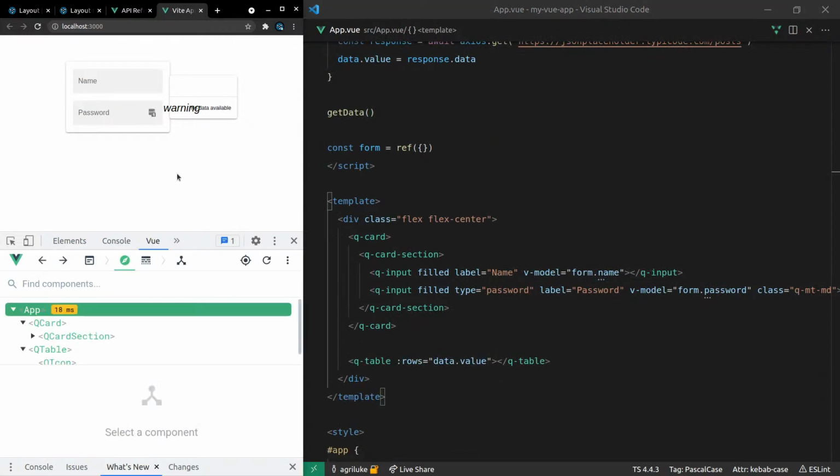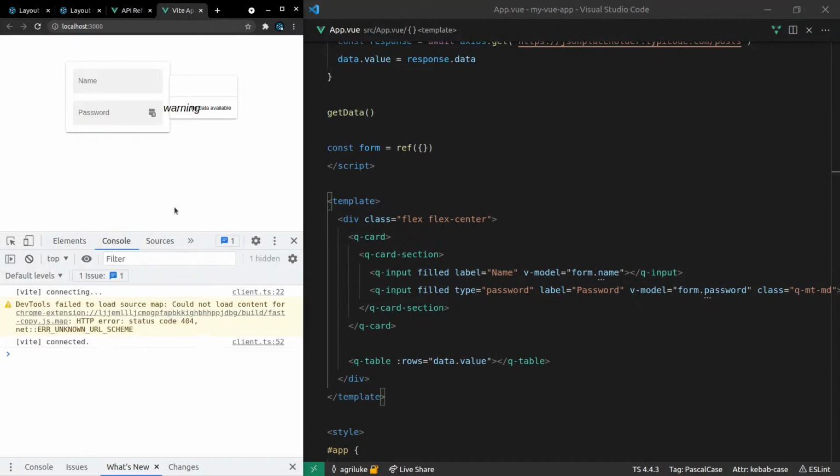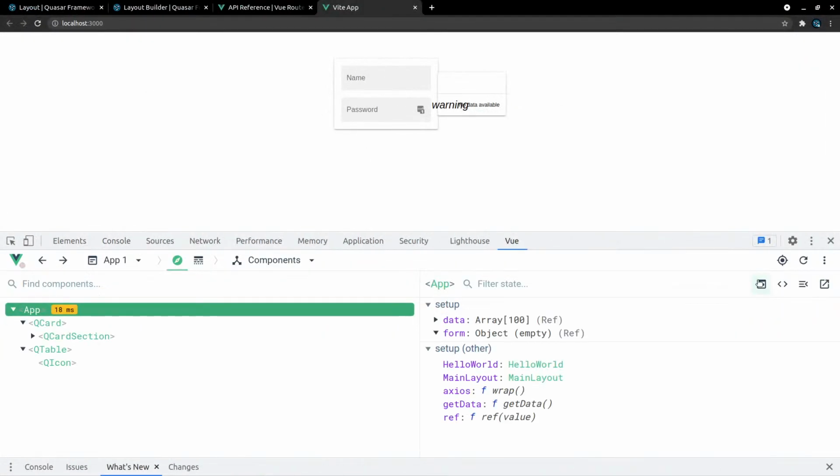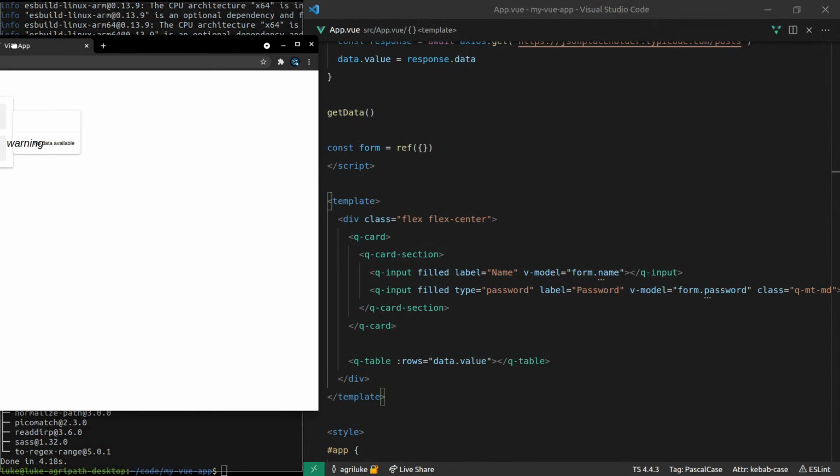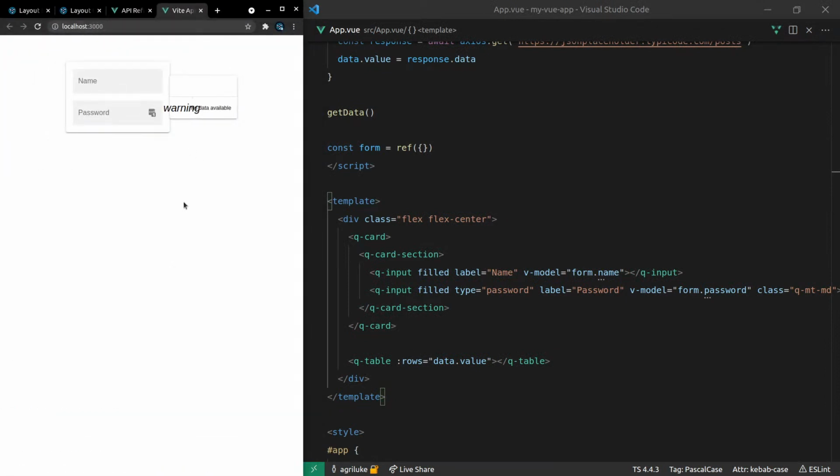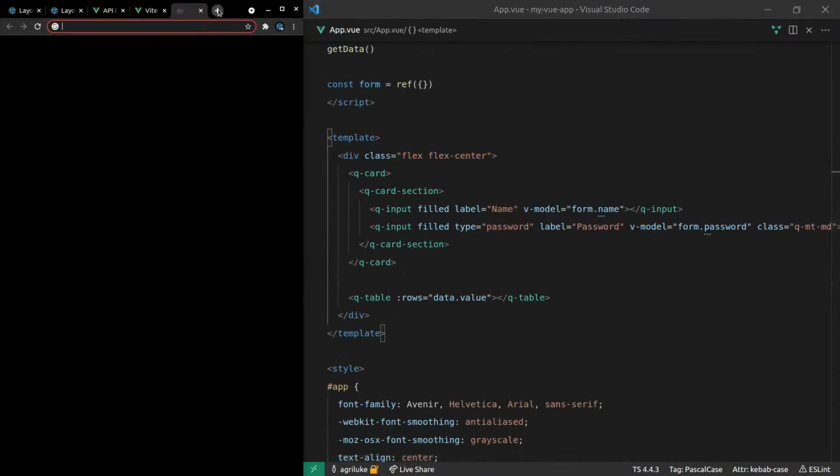So let's give that a try, and see what else I've done wrong. All right, so data is being modeled correctly there. I just need to make sure I'm doing the right thing to get this component displaying correctly. Let's say